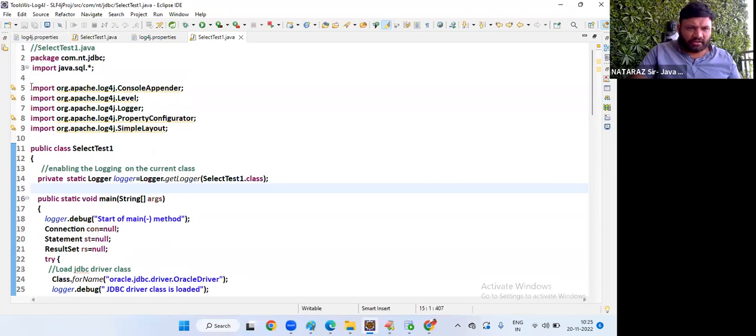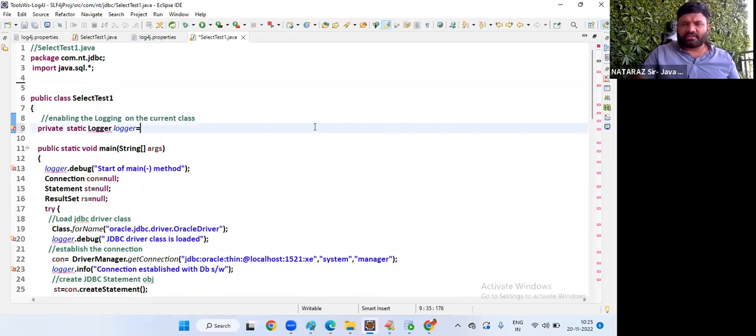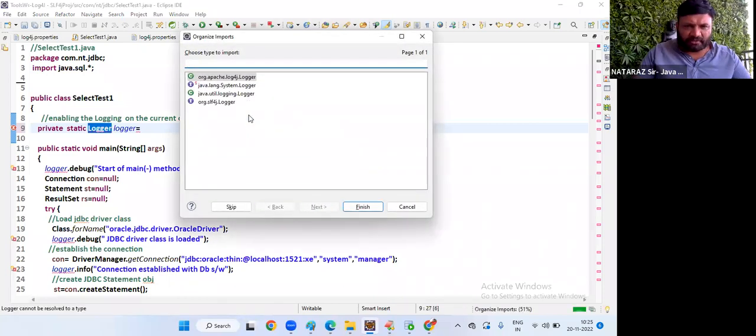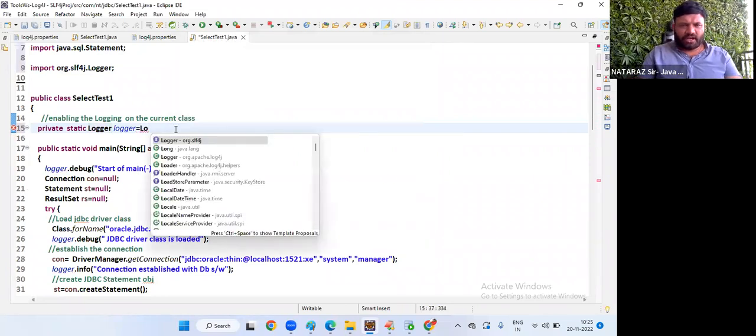Logger is equal to. We should deal with SLF4J log files. Control plus shift plus O. Where is the SLF4J logger? SLF4J logger. Logger is equal to logger dot